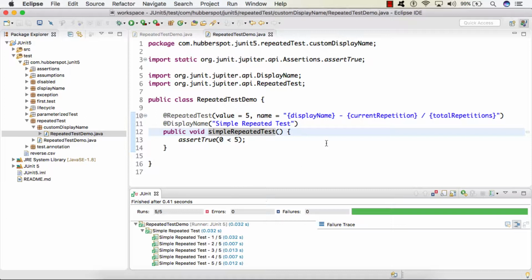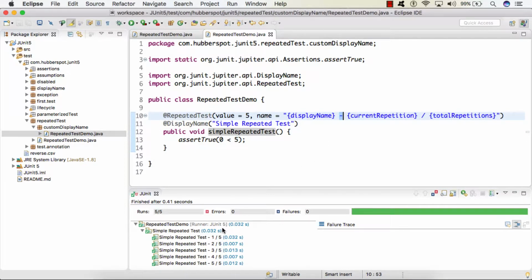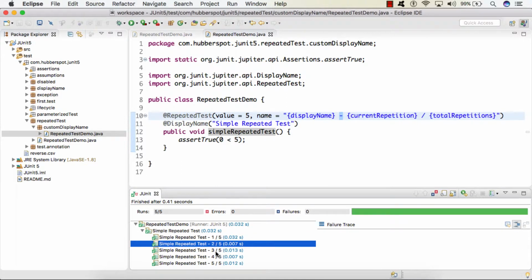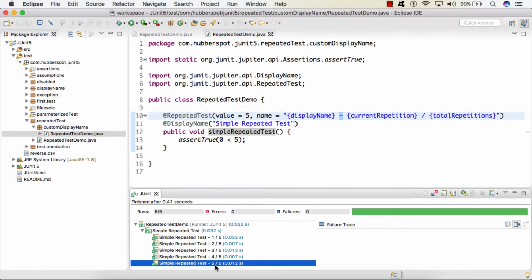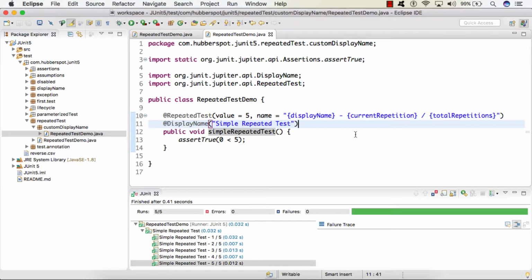Then it printed dash, which we provided here. Then it printed the current repetition, 1 of 5, 2 of 5, 3 of 5, 4 of 5 and 5 of 5. So friends, this way we can provide our own customized display name using these placeholders.